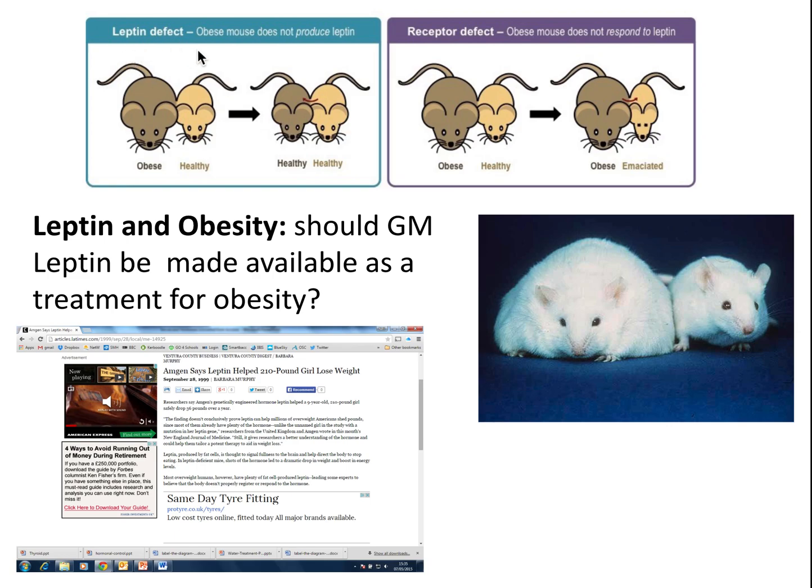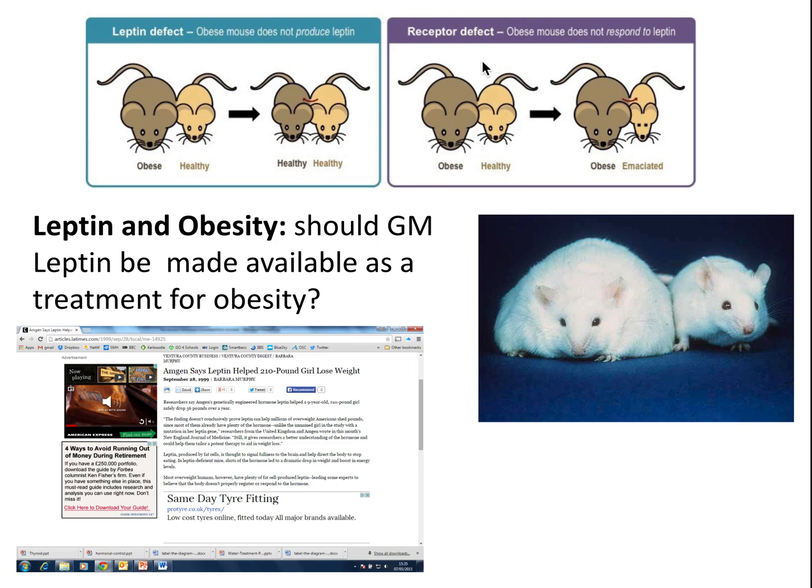Leptin deficit, which is the obese mouse and the healthy mouse. The healthy mouse's leptin would circulate into the obese mouse's bloodstream as well. And you could see that the obese mouse started to become a healthy weight. In this scenario,